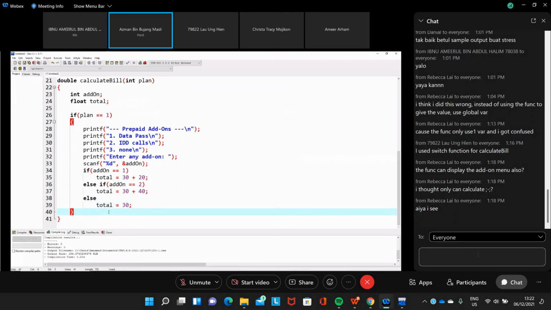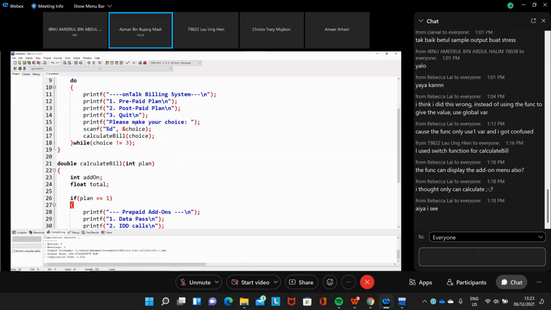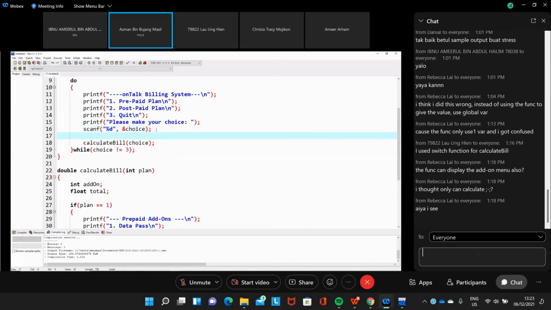So here we actually return total later on. If plan, there's only 2 plans, but then we need to put the choice. Here actually, before we call the calculate bill, sometimes the user entered quit, isn't it?